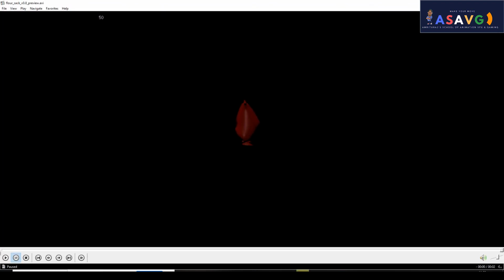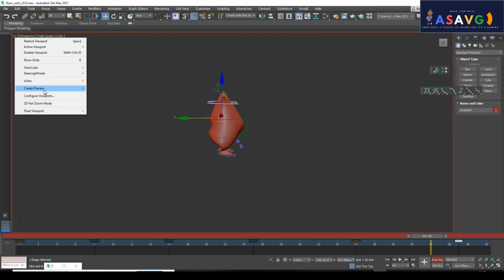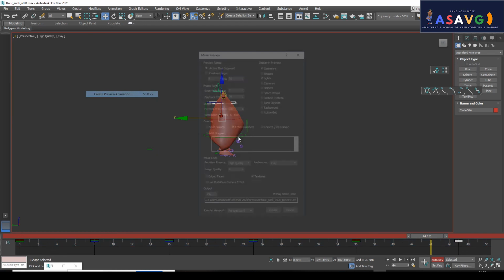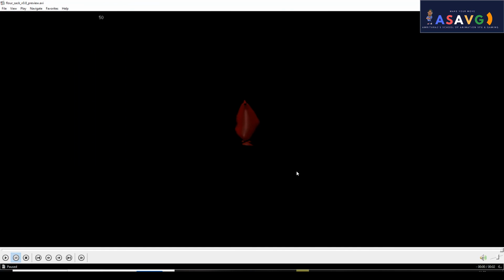Look, more movement is happening, you understand? So if you want more changes, just click here and move it like this. Okay, like this, and make a preview animation. You understand? So this is how we will make a smooth animation as well as the follow through and a drag. Okay, this is actually called a follow through or drag, like this.